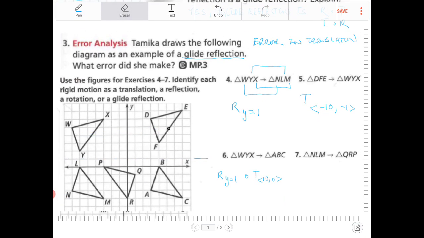NLM to QRP. NLM, which is this guy right here, to QRP. So what is this? Well, there's actually one. There are again an infinite different ways for us to do this. So the way in which I